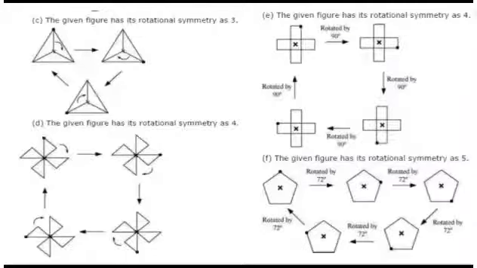Now let us move ahead, students, with question number C. See, here is an equilateral triangle. I had actually explained this when it is divided into 3. Now one difference is, in the earlier question we had 3 parts with a circular ring. Here we have equal 3 parts but with a triangular shape. So the order of rotation won't change, it will be 3 only, and the angle of rotation will be what? How to take it out? When the order of rotation is given as 3, you divide 360 by 3. So you will get that the angle of rotation will be 120.